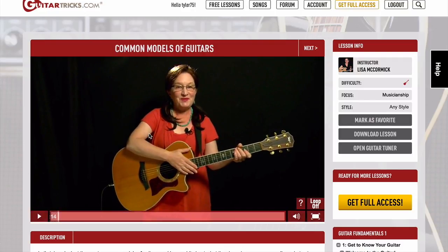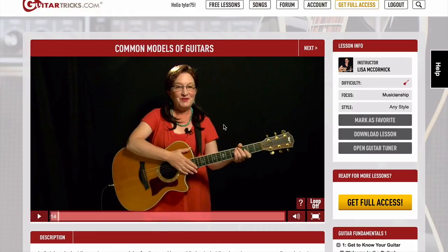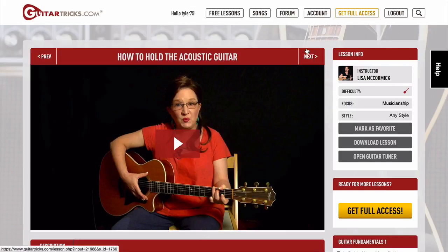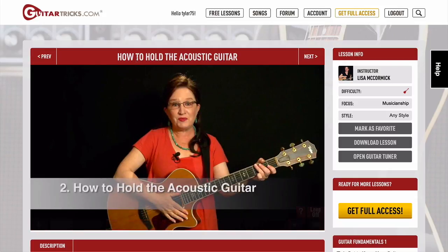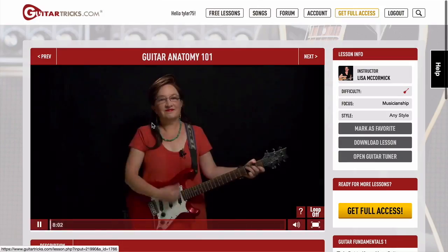You can see that it's a very introductory level, common models of guitar. Once you're done with this video, you can click the next button and navigate to the next guitar lesson. This is fundamentals again, so this would be how to hold the acoustic guitar. As you scroll down, you can see that for Guitar Fundamentals, you've got a whole navigation of what's available. How to hold the acoustic guitar. The next lesson is how to hold the electric guitar. Guitar Anatomy 101. So if we click that,